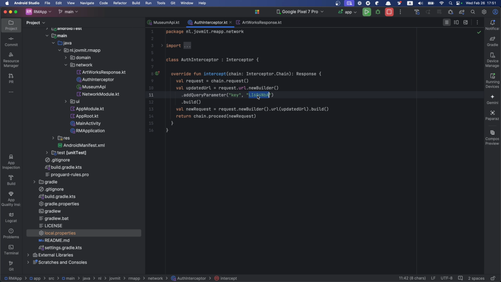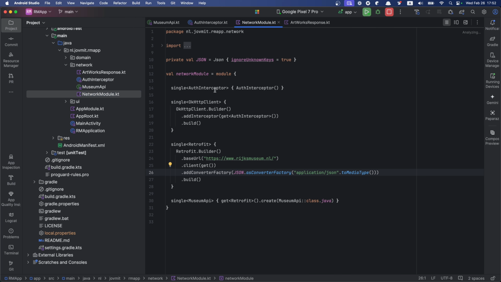Now, if that comes from a backend and if it's constant, you can still store it securely afterwards on Android by using different security libraries or different storing mechanisms. That's a different point. But having it like this is not okay. So that's also something that you pay attention to. And basically, in the network module we have